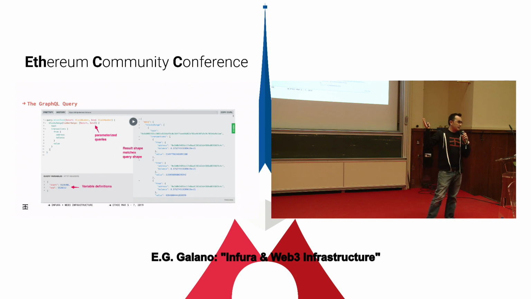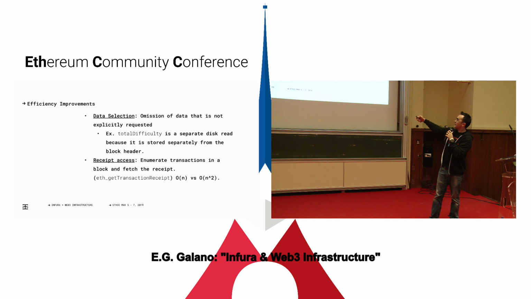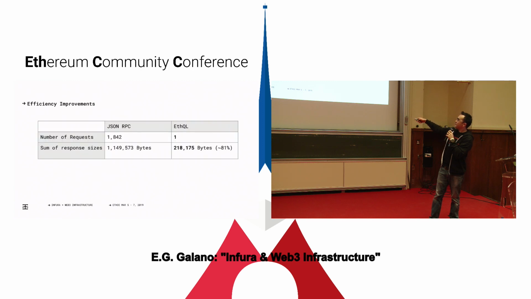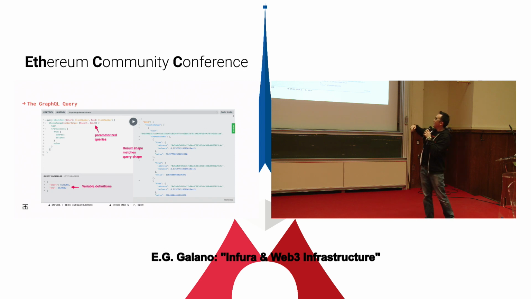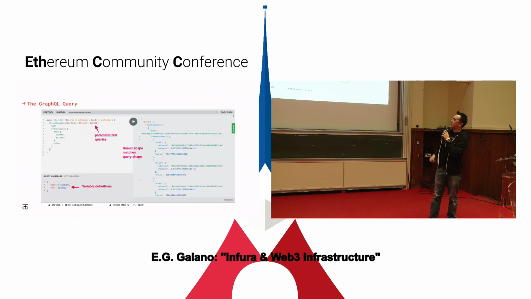This is what it looks like executed. So what this is showing is the parameterized queries that I was mentioning before. So this is the same query, block range hash transactions. Sorry, let me go back. Nope. There we go. Parameterize the start and the end blocks. Otherwise, the query is still the same. The parameterized definitions on the bottom there, and then the shape of the data again reflects the shape of the query.